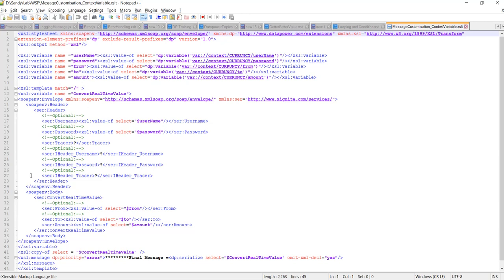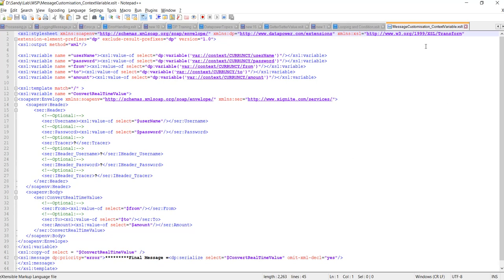After that, we create the complete request message, populating the values of the elements from the variables like username and password, and the dynamic values we got from the message, like from, to, and amount. This way we are constructing our request message completely. After that, we are just printing that message.